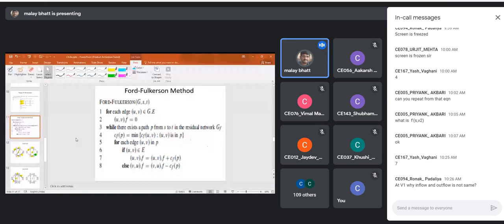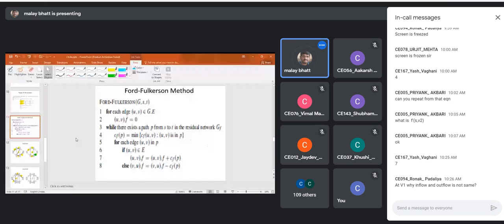Now, if the edge which is in the path is not a part of your original network, then the reverse edge will definitely be a part of the original network, right? So the reverse edge will be considered, and you will subtract the flow value so that the capacity of the actual edge will increase. That is what the else part is. Is this clear? So this algorithm is very straightforward.